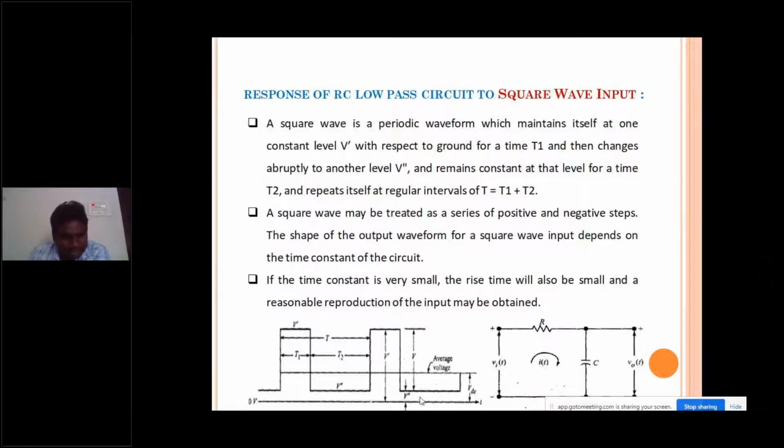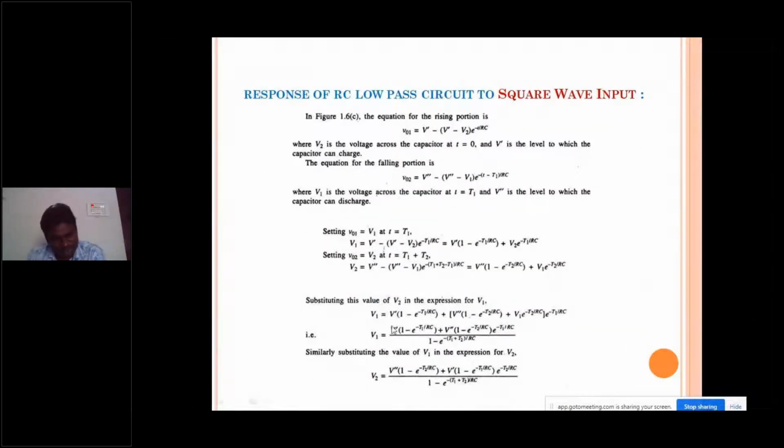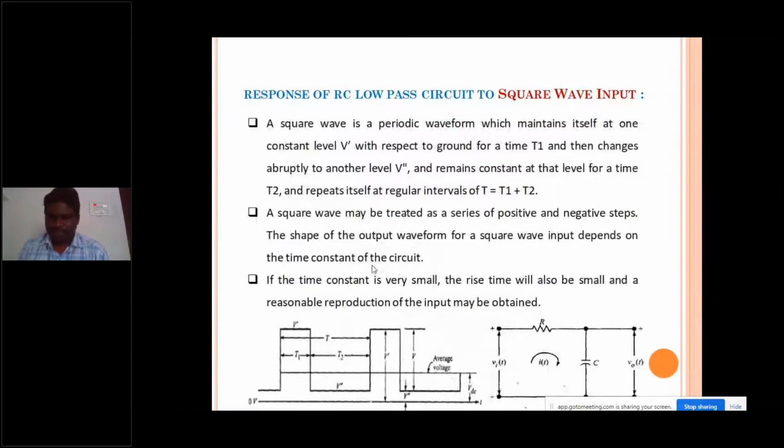So applying the square wave is almost like a step input, but you are having different timings here. For the duration t1, this square wave is positive, and for the duration t2, this square wave is negative. So here in the graph, I am representing it as an unsymmetrical square wave. If I apply this unsymmetrical square wave, what will happen? These are the equations that we need to use in order to derive the output response. Why am I using this many equations? Because the square wave directly does not seem to be like a single step input.